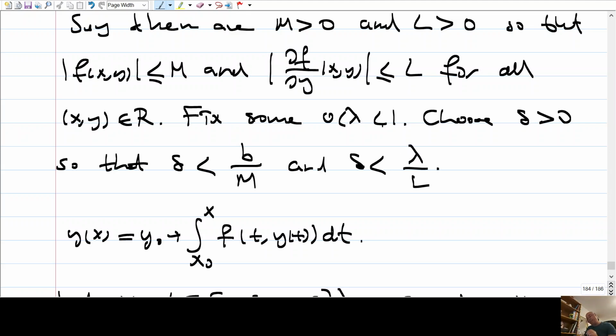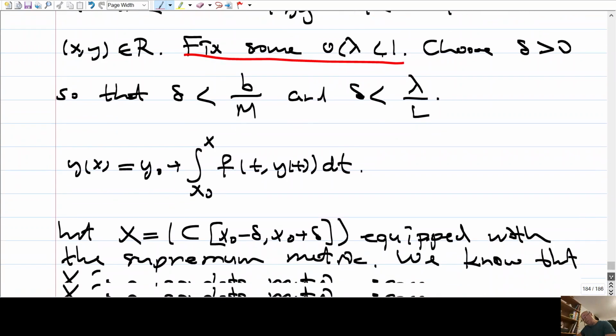Okay, so ∂f/∂y is less than L, and I had fixed some lambda, and this delta satisfies this. I choose delta so that delta times L, this bound, is less than lambda, so that